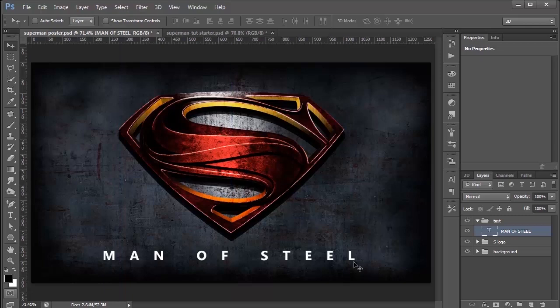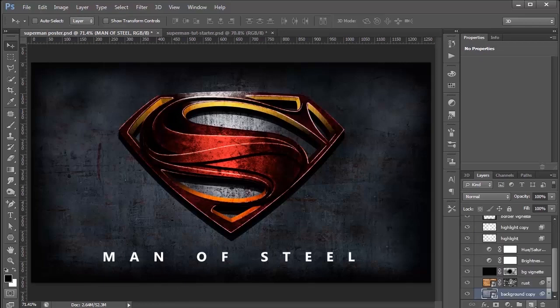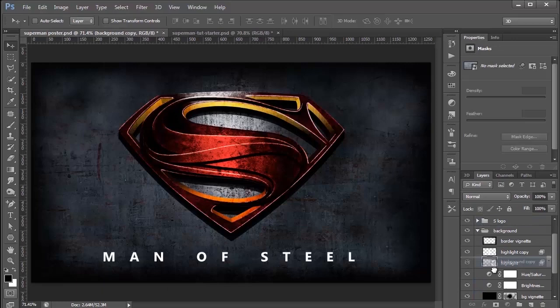It's probably not centered 100%, but again, we're a little short of time here. This tutorial is already going a little long, and a few pixels off won't make too much of a difference, so we'll just stick with this. What I'll do now is I'll duplicate my background layer, I'll bring that into the text layer,